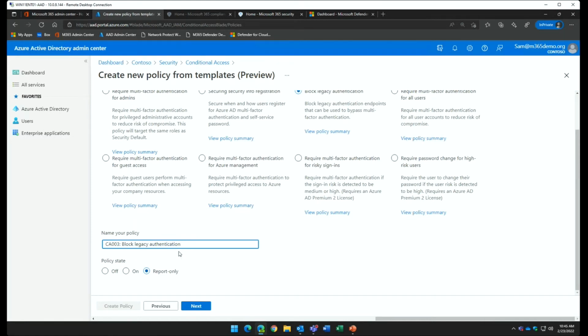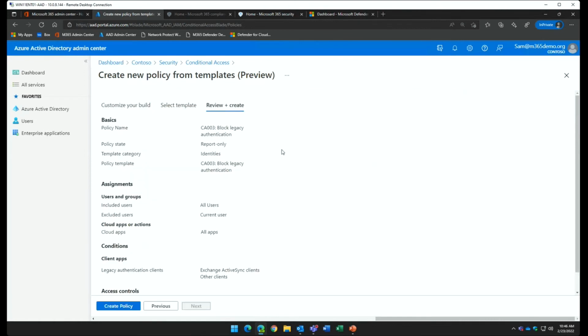It's a great tool. It gives you the ability to see what the policy would have done had it been enabled. You can go get that comfort before you actually turn it on. I encourage you to use report only before actually implementing any policy. You also do have the off option, if you just want to create the policy, then maybe go modify it a little bit more before you put it in production. But we got those options selected.